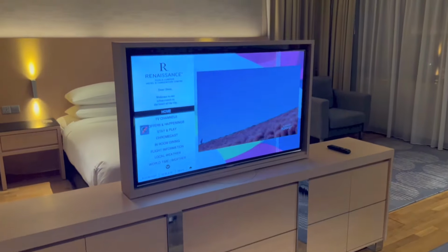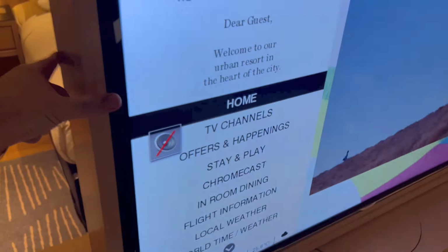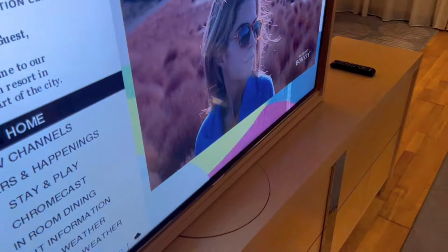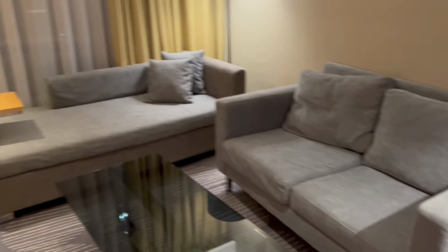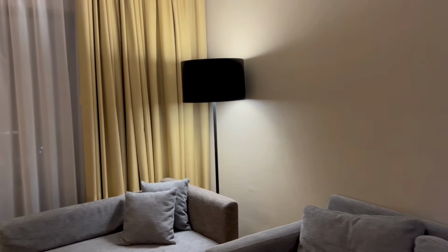Opposite the desk area, we have storage, a flat screen Samsung TV that can actually be twisted around so it can face the bed instead. TV remote. Here we have a table, a sofa, another sofa with another table, a standing light right there,